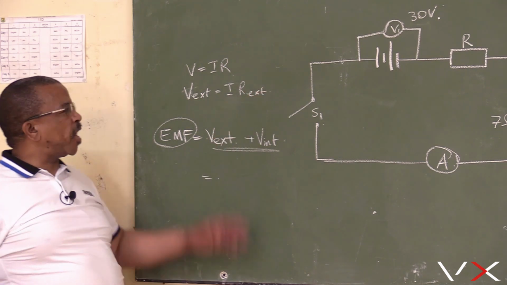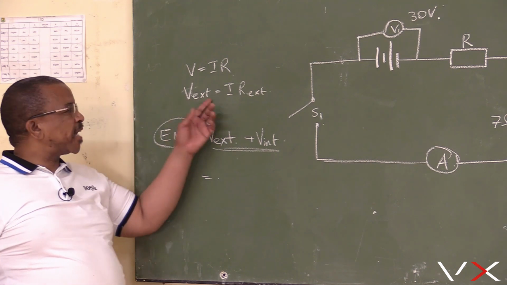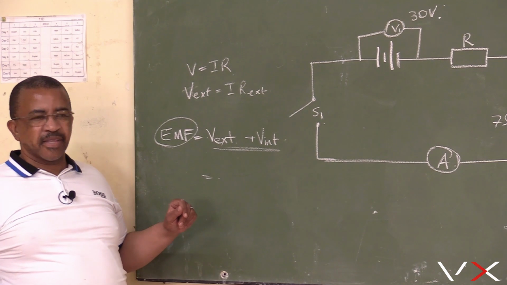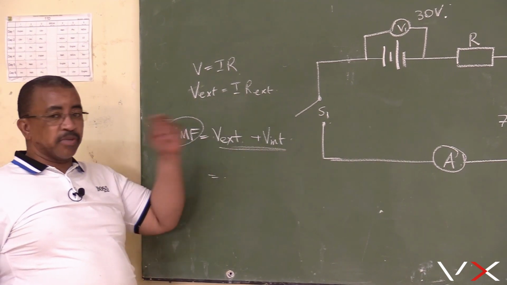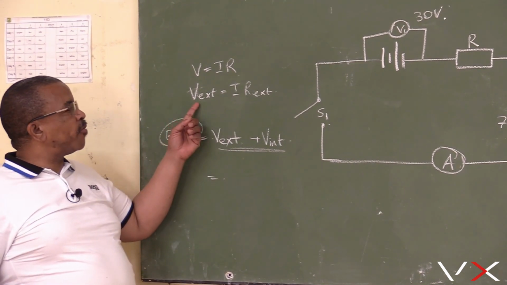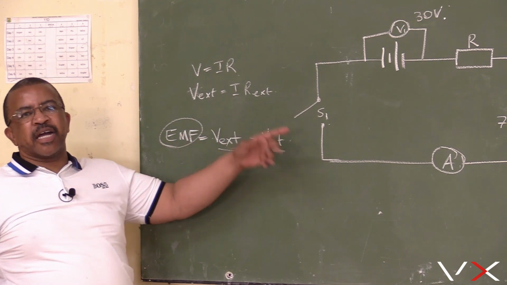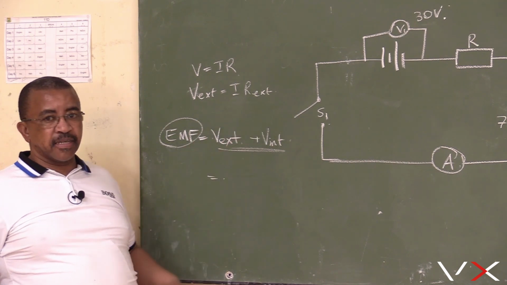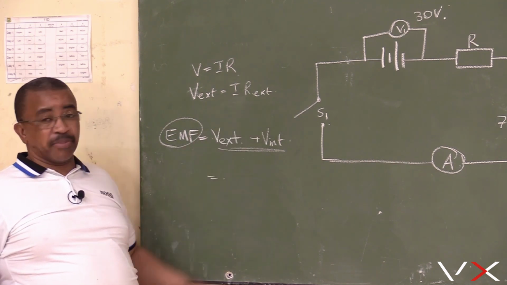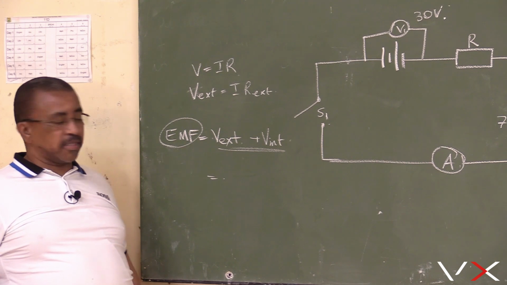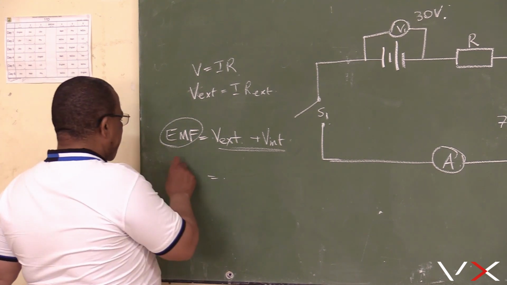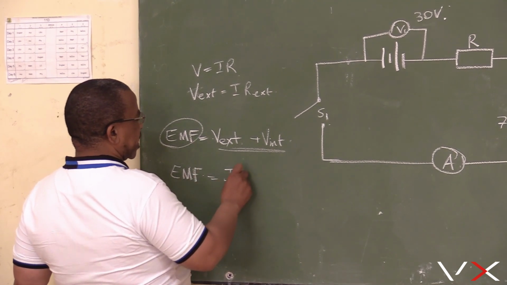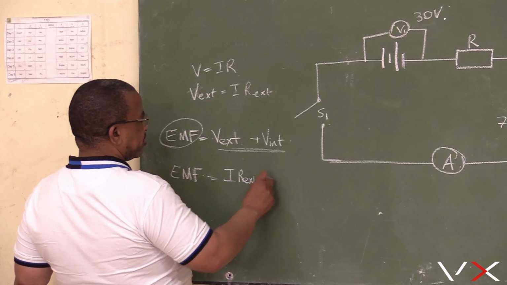Why ngiyazi ungabuza ukuthi why singathi I external? I-current ihamba yonke indawo ngaphandle nangaphakathi kwesela. Kodwa ize ibe u-external ingoba kunama resistors angaphandle. Hence sithe V external it's I times R external. Sigayidwa yilama resistors angaphandle ukuthi angakanani resistance yakhona. Hence we say EMF is equals to I times R external plus,